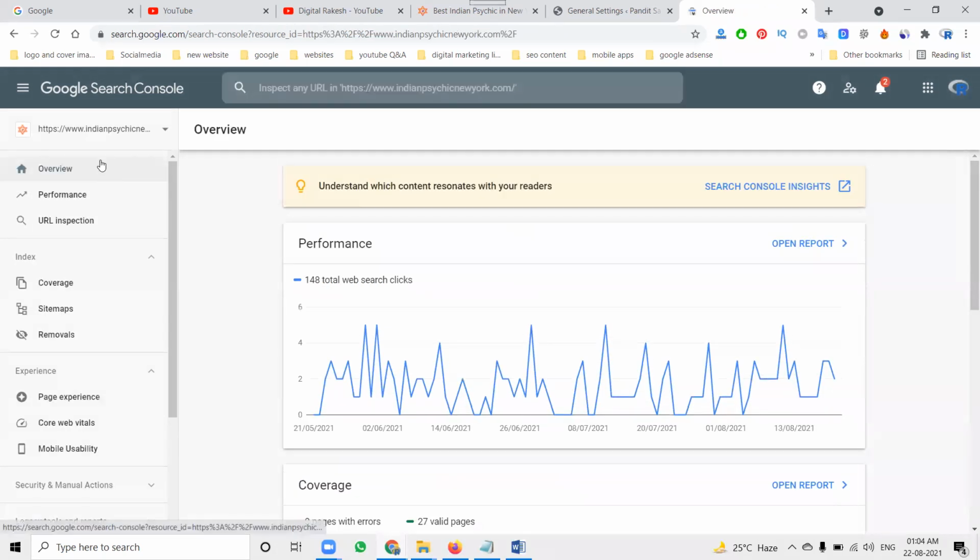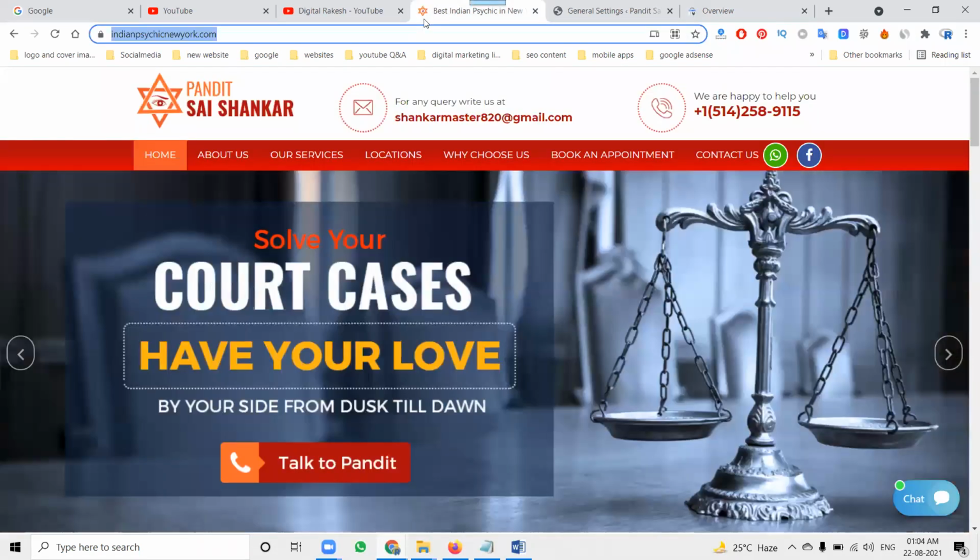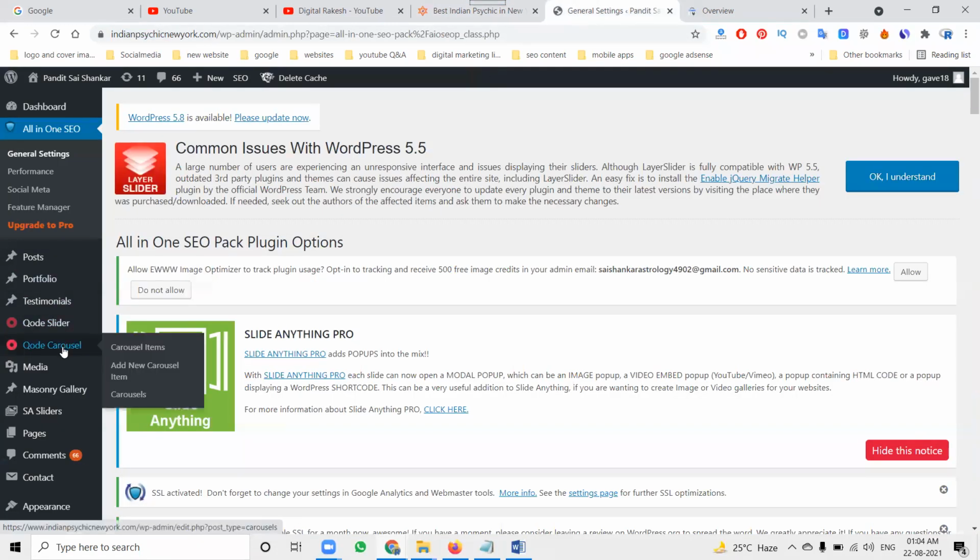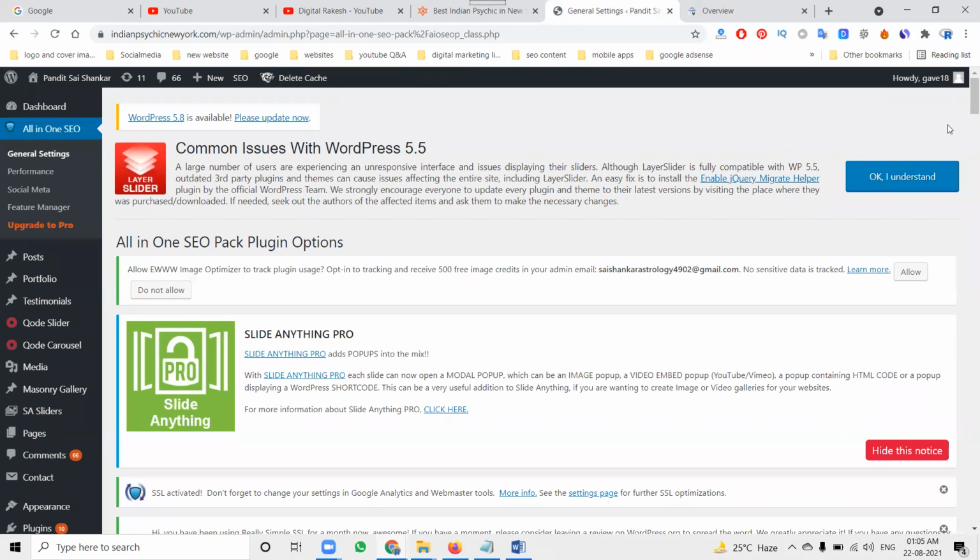So this is the method we can activate Google Search Console with and without a plugin. Without a plugin, it is Appearance, Editor, header.php file. With a plugin, All-in-One SEO, Webmaster plugin, anything we can use. So if anyone in an interview asks, without a plugin, can you activate Google Search Console? You can activate the Google Search Console option on a WordPress website. There's no plugin required to activate Google Search Console.